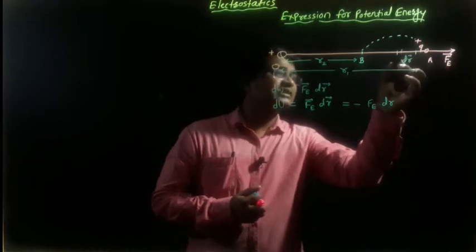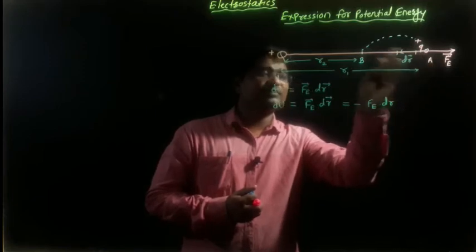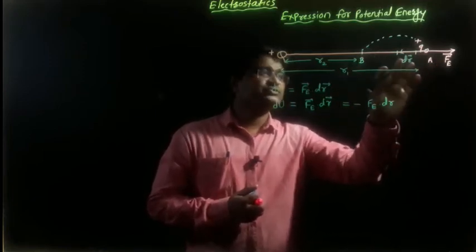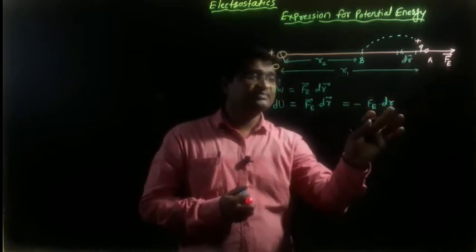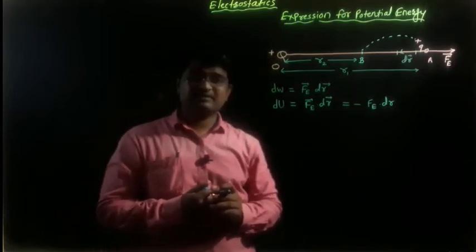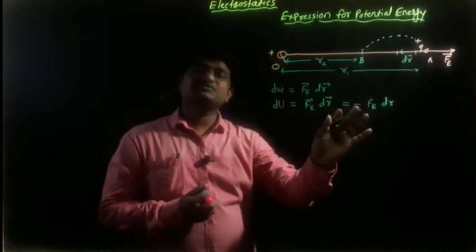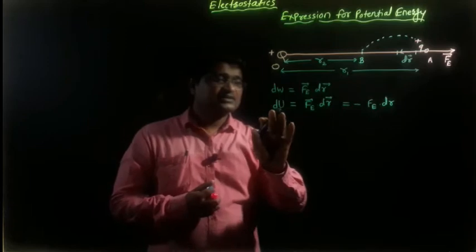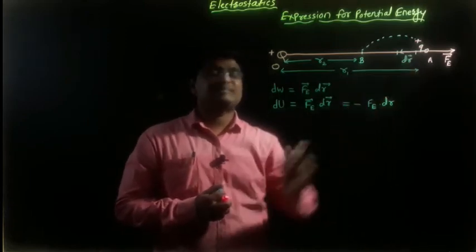See, the displacement is in the given direction. The charge will be moving from A to B. This is the direction of displacement, and this is the direction of force. So the displacement is against the electrostatic force. It means that the displacement and force are exactly opposite, so this is denoted by the negative sign. Get clear? The negative sign only indicates the work against the electrostatic force, it means displacement against the electrostatic force. So this is the very small change in potential energy due to the displacement dr.